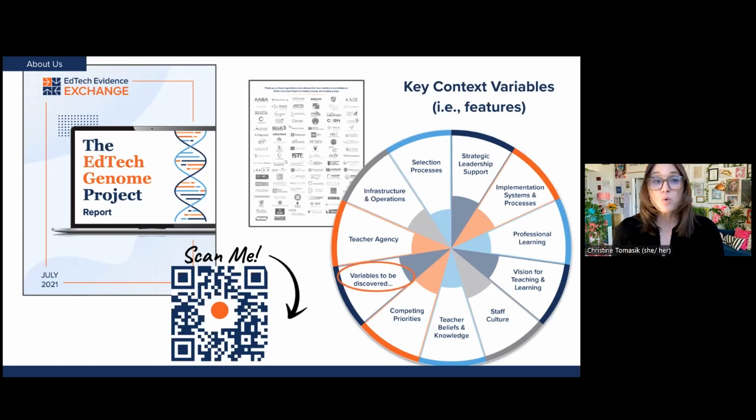We know there are more context features than what is shown in the wheel, but these 10 form a pretty comprehensive context profile. We imagine these 10 features will not surprise you. They are features that often figure prominently in education initiatives.